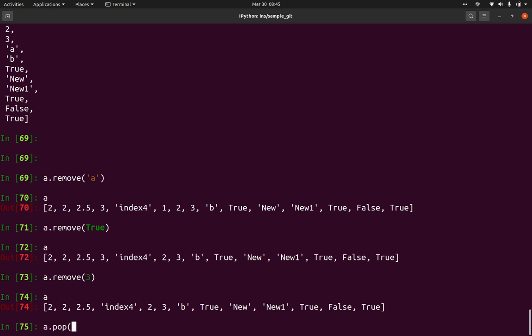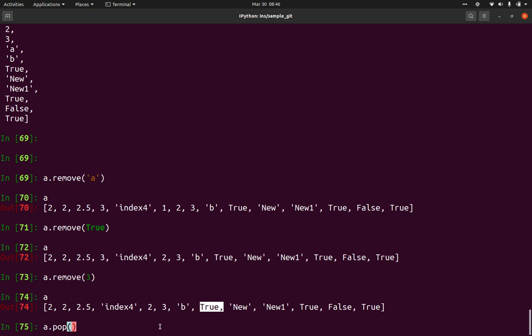For pop, we have to give the index. Why? Because if I try to give the element, remove was not able to delete it, right? So pop only takes index values. Let's say I want to remove this particular true boolean value, I'll just give the index and it will remove it. 0 1 2 3 4 5 6 7, right?